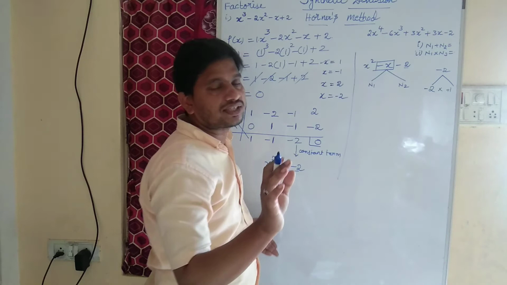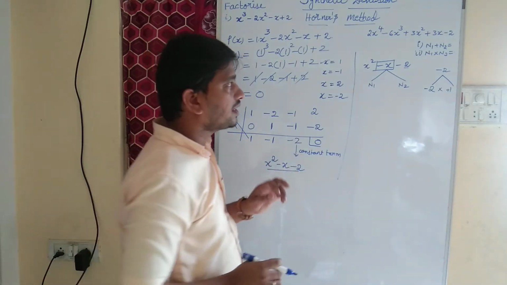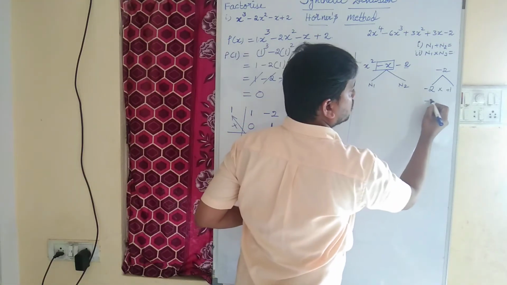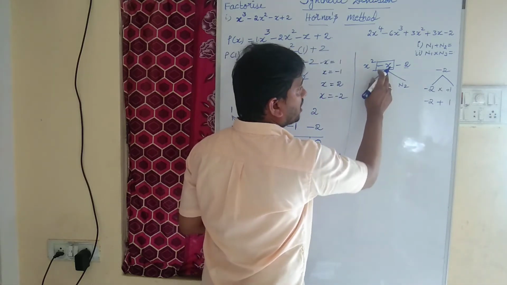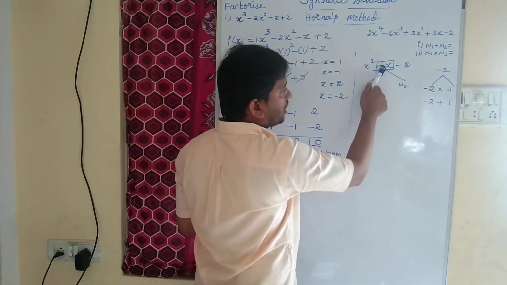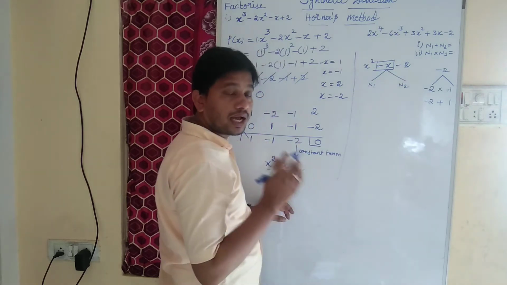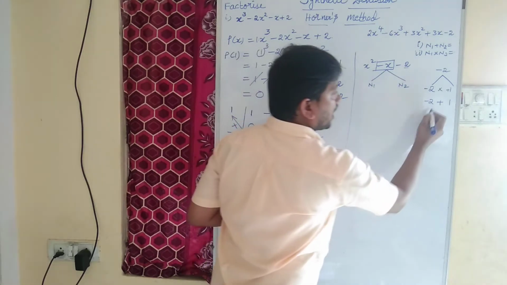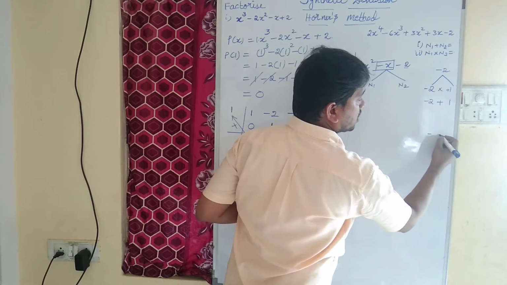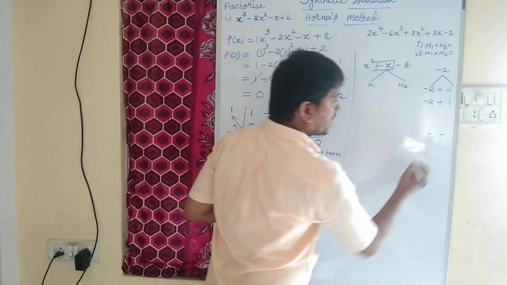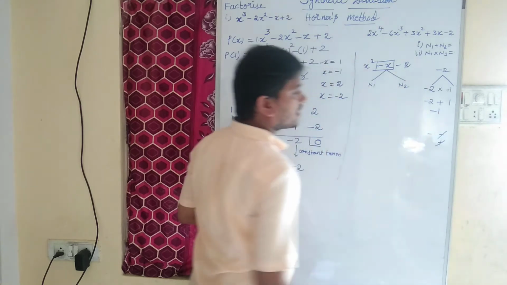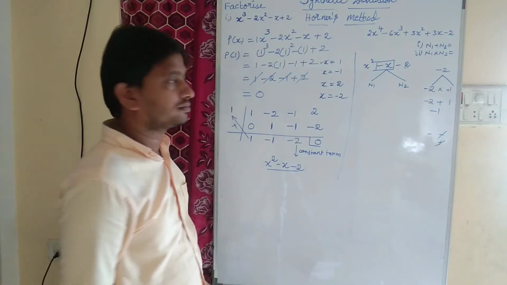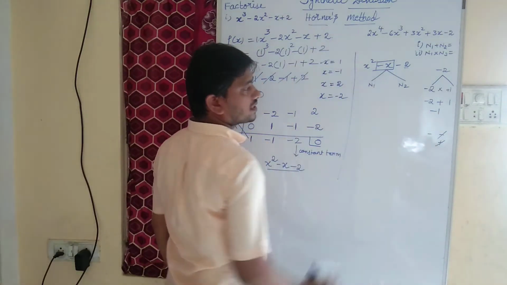So the second condition is satisfied. And for condition 1, when we add these two, minus 2 and plus 1, we need to get the middle term. So actually the middle term is what? Minus x, I mean minus 1x. If you add minus 2 and plus 1, minus 2 means two negative signs, one positive sign. Minus to plus gets cancelled. Minus 2 plus 1 in the sense minus 1. Right? Again we got minus 1x.